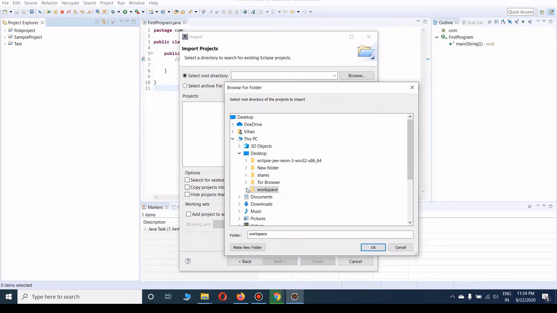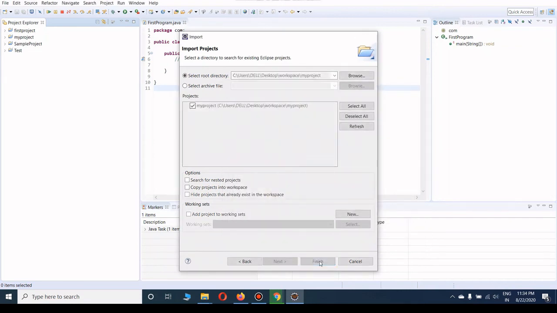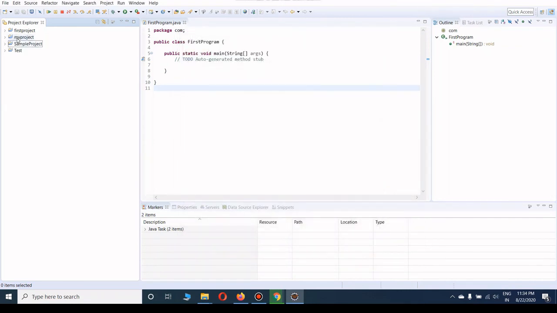But now it is present in the workspace, that's why I selected that option. My project, okay, I will select my project and click on OK. When I click on Finish, you can see that our project has come back in the Project Explorer window. So this is how we can import the project.